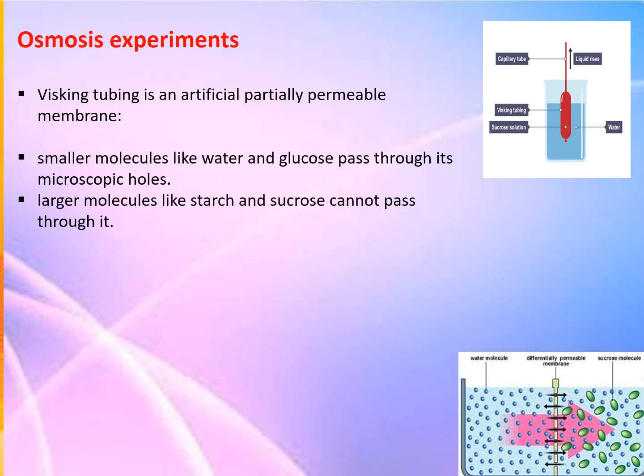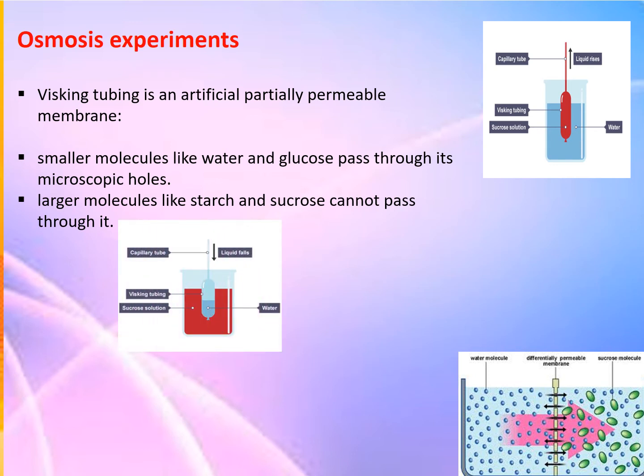But those on the right are attached to sugar molecules. This slows them down and means that they are less free to move. They have less kinetic energy. As a result of this, what is happening? More water molecules diffuse from left to right than from right to left. In other words, there is a greater diffusion of water molecules from the more dilute solution to the more concentrated solution.